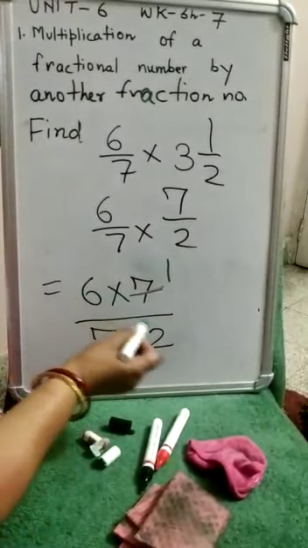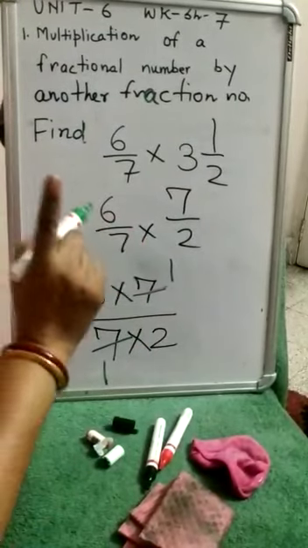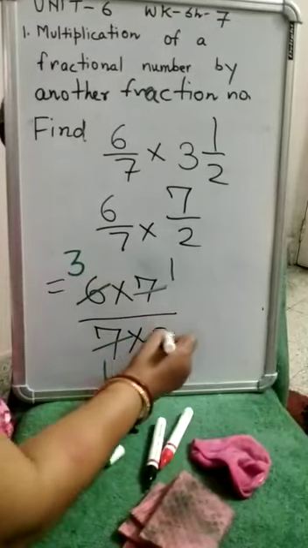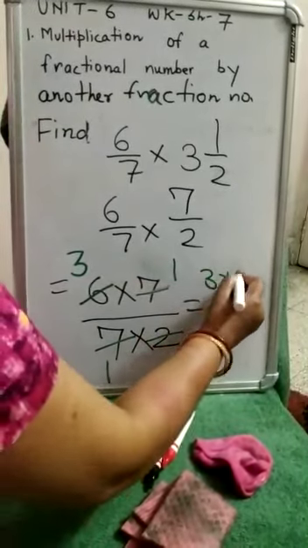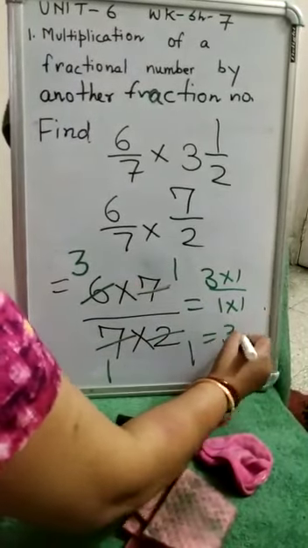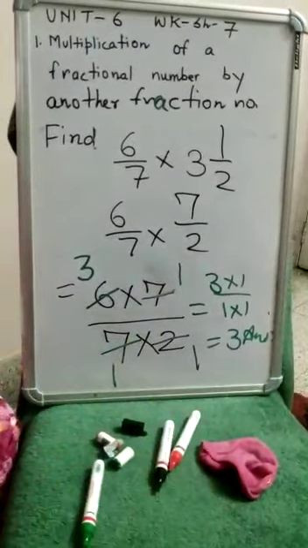Now here comes 6 and 2. 6 and 2 also have the lowest common factor 2. So 6 will be divided by 2, it gives 3, and 2 will be divided by 2, it gives 1. So multiply 3 into 1 by 1 into 1. So answer is 3. Okay children. So in this way,